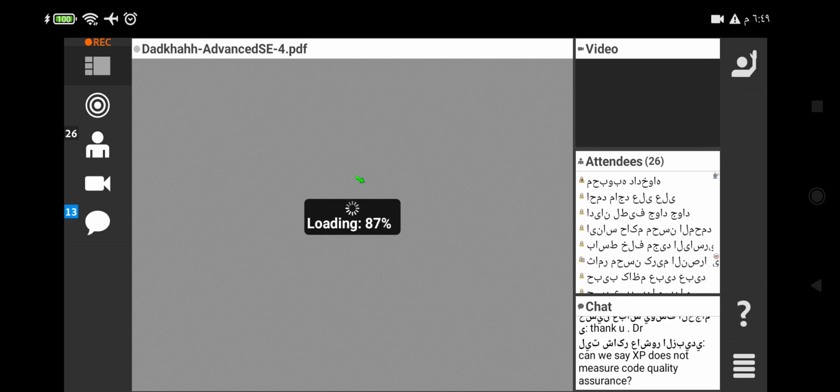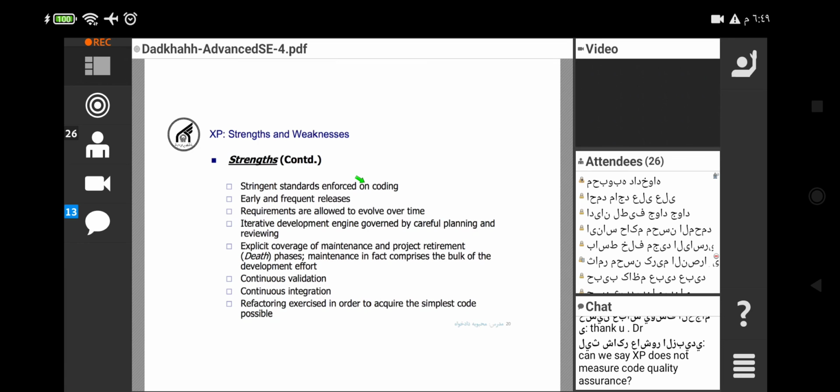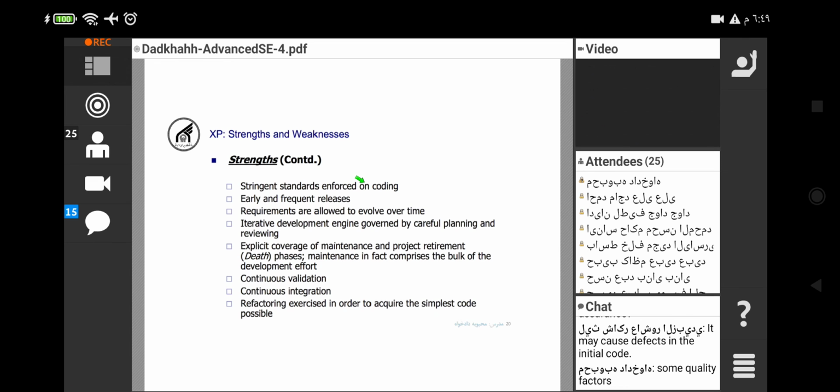For example, some quality attributes like reliability, some quality factors like